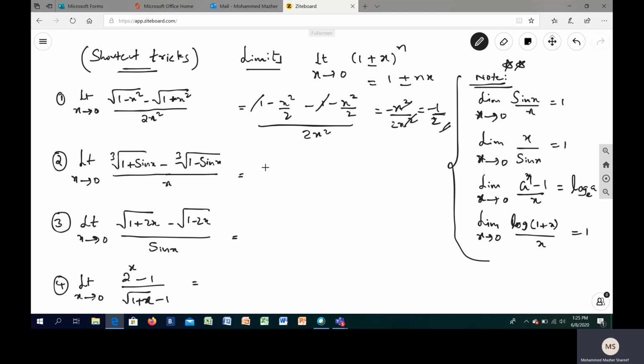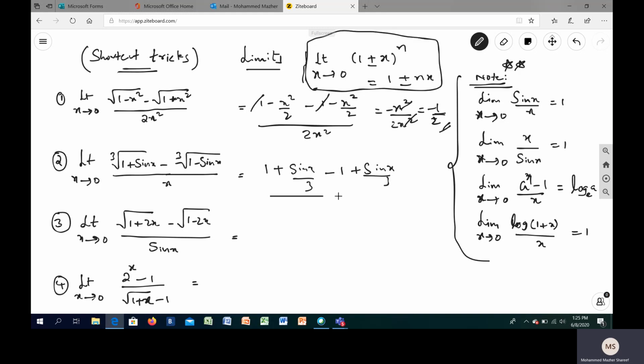Similarly, when we have a question like this, same thing. Now n is 1 by 3 as it goes with the sin x. So you will have sin x by 3 in the numerator, and opening with negative, I will have plus sin x by 3. Remember, we are expanding this with this particular property. Minus and minus go out. What you have is sin x by 3, sin x by 3, which will give you 2 by 3 sin x over x, correct?